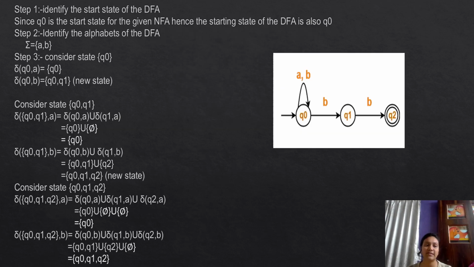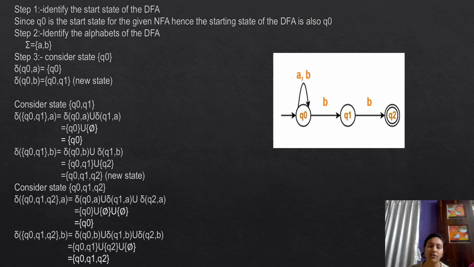So now, moving on to the steps to convert a given NFA to DFA, the first step is identifying the start state of the DFA. As in the diagram, we can see that the starting state of the NFA is Q naught. Because of that, the starting state of the DFA will also be Q naught. Now step 2 is identifying the alphabet for the DFA, and that will be A, comma, B. Now step 3, we are going to be considering each state and checking the transition function for each state, considering A and B. So first we are going to check the transition function of Q naught for A, which will be Q naught, and for B it will be Q naught, comma,